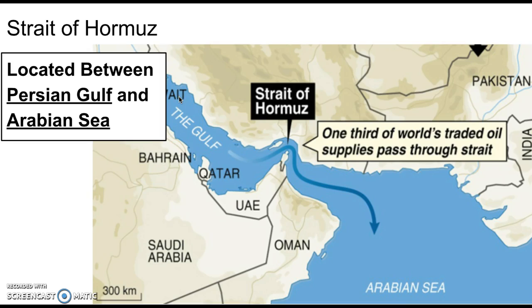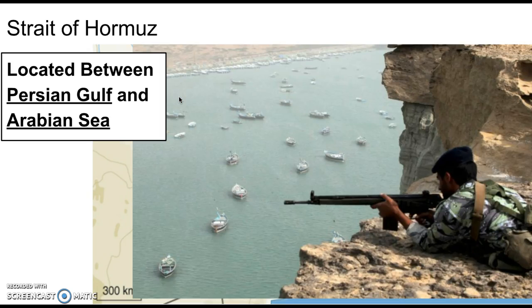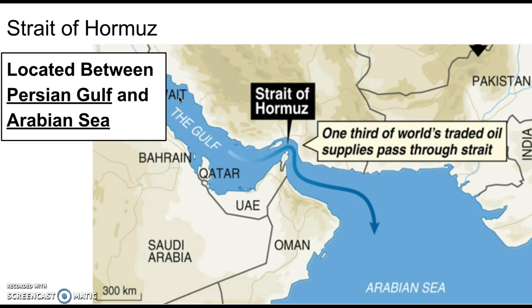Remember, the UAE's GDP is about $128,000 per year. Those two cities of Dubai and Abu Dhabi are going to be some very wealthy, westernized cities. And that means that this strait is a point of conflict and tension between many countries. It has had many times where ships were attacked or destroyed as a result of the potential conflict there, because 1/3 of the world's oil supply is no joke.